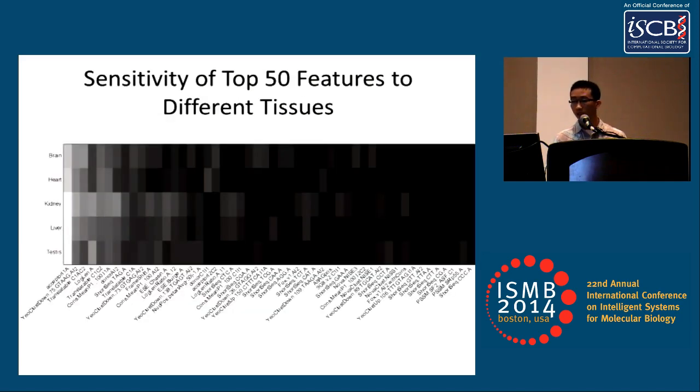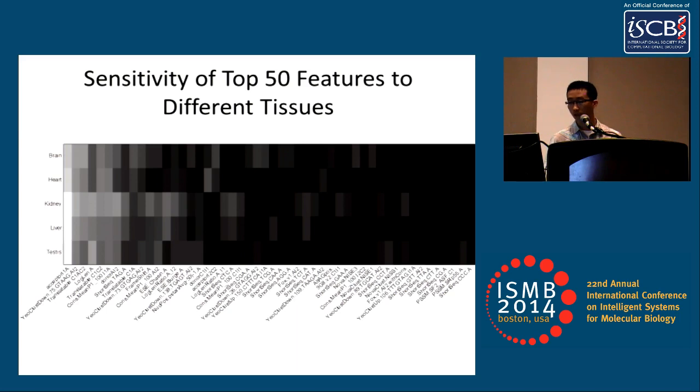Now, we're talking about the tissue-specific splicing code. We want to look at the sensitivity for how different tissues use the features differently. So we have this table here. On the left are the different tissues and how bright the box is. Also, the x-axis shows the features that we're using. And you can see how each tissue is actually using the features differently, so that we can make